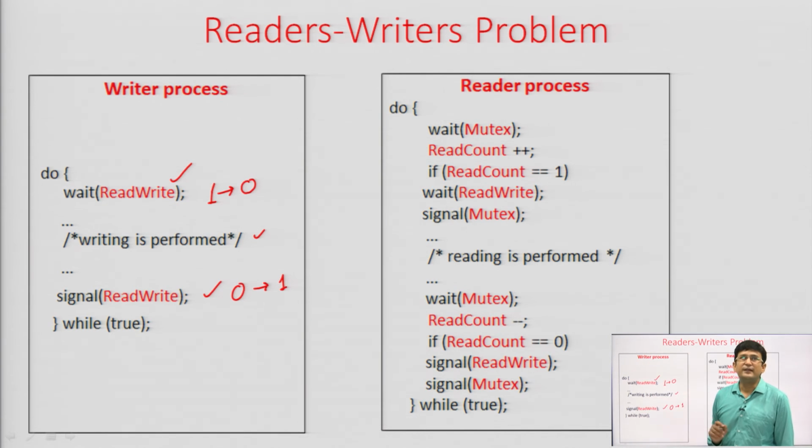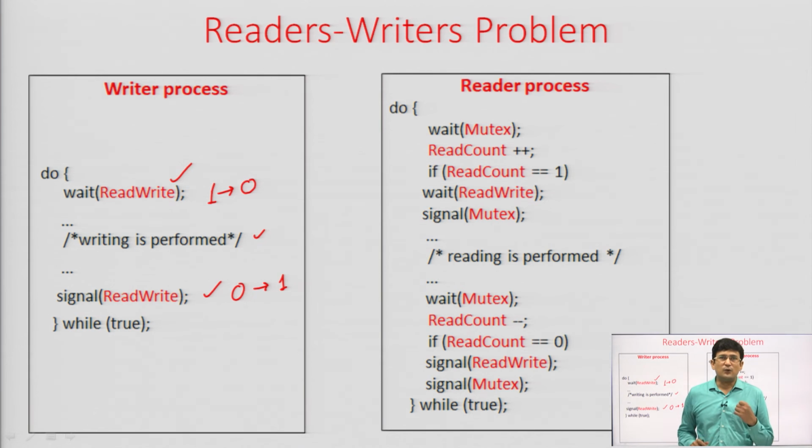Now, let us deal with the readers problem. Readers problem is a bit tough to understand. Let us say that the reader wants to read, or reader process wants to initiate the read operation. So, first it should ensure that the writings are not there. Okay, first it should ensure that the writing is not there, but it is done only in the first read operation. Okay, let us see this.